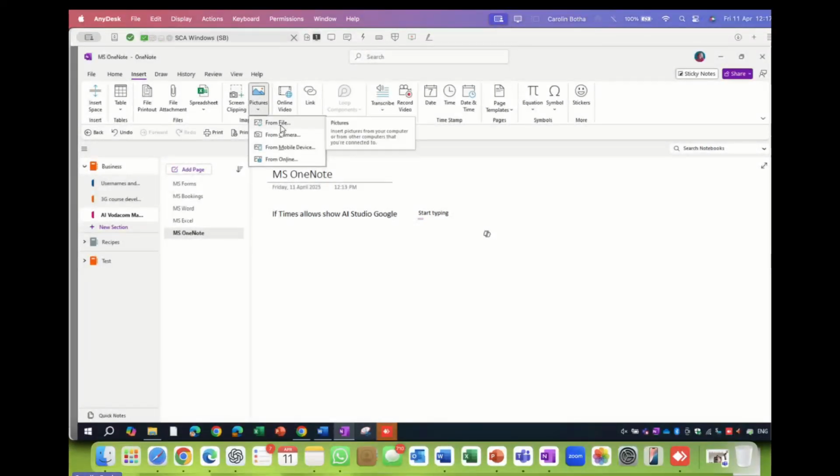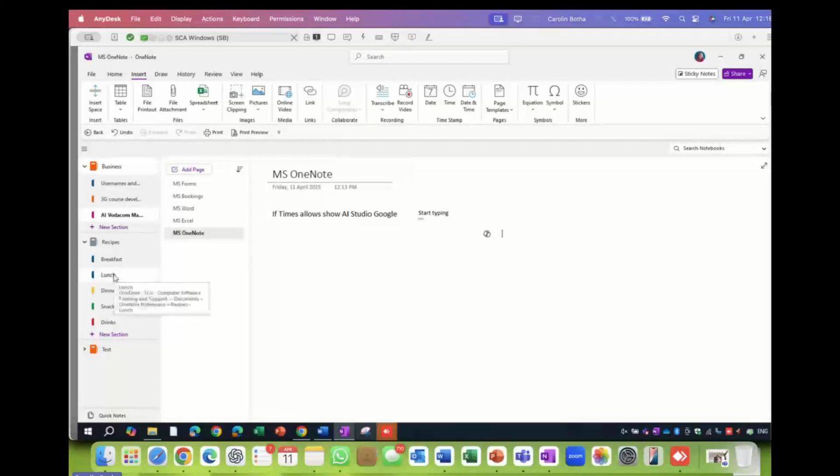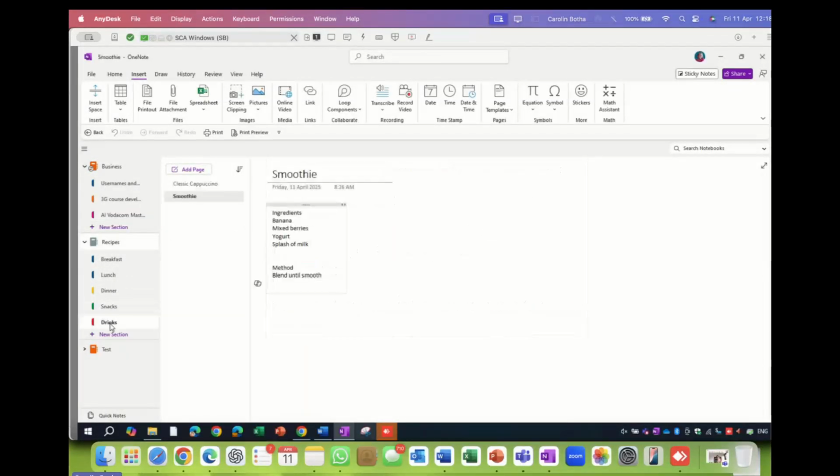I can do it from file, from my camera, or from my mobile device when it's linked, but I'm just going to do it from online. Actually, let me rather go to a recipe. Let me go to drinks and let's go to smoothies. Maybe we'll find a more related picture there.